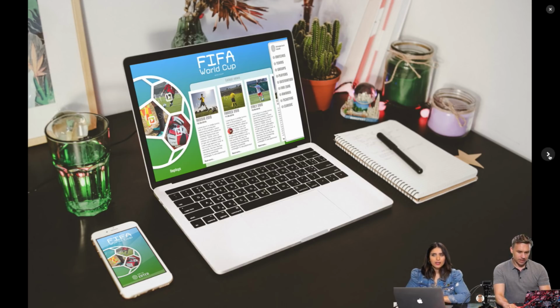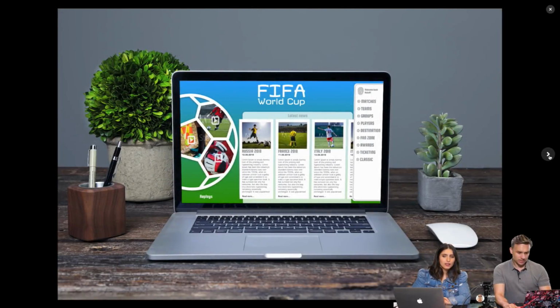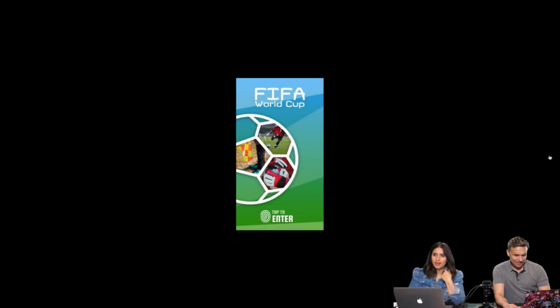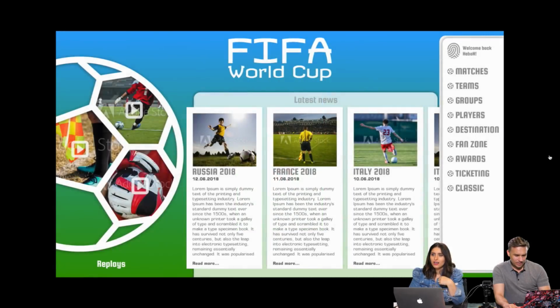Look, we have a desktop and then a mobile experience. Look at that. He took inspiration from today's card theme and created a card set. I like it. Kind of cool. Fun with the soccer ball. Here's the full screen.